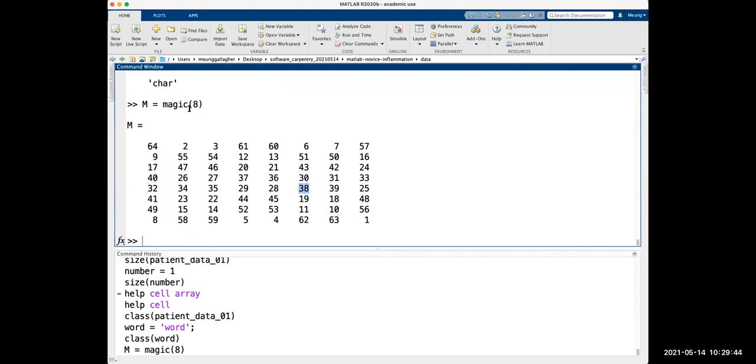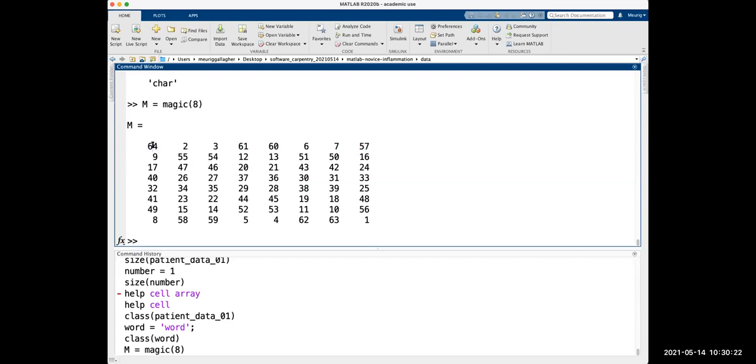So this is an 8x8 array, which means it has 8 rows and 8 columns. MATLAB starts indexing from the top left and counts all the way down in rows and then all the way across in columns, and it starts at 1. So this would be row 1, row 2, row 3, 4, 5, 6, 7, 8. And this would be column 1, column 2, column 3, column 4, 5, 6, 7, 8. Some other programming languages might start at 0, 0 in the top left and count from there. But MATLAB starts with a 1.